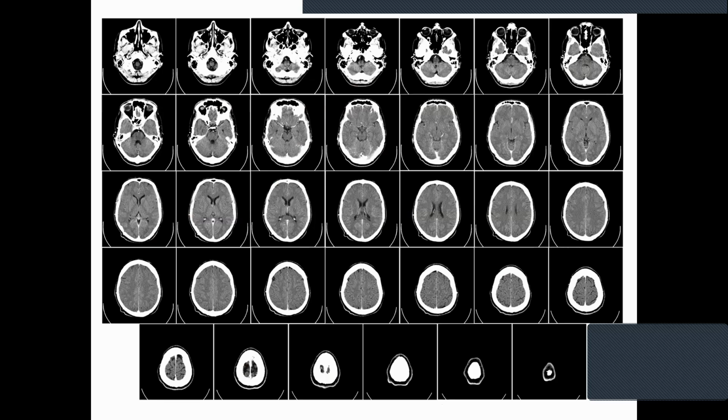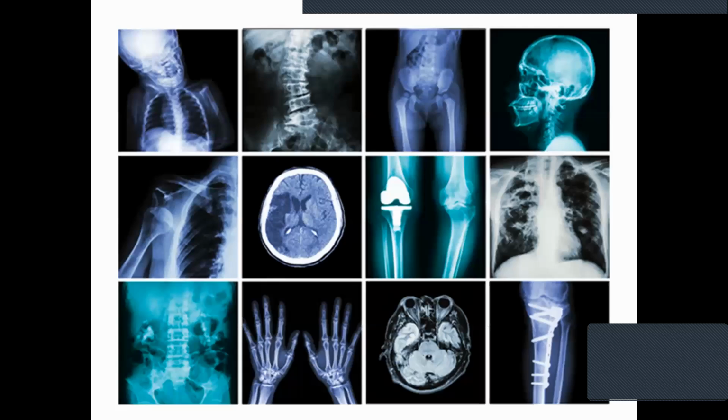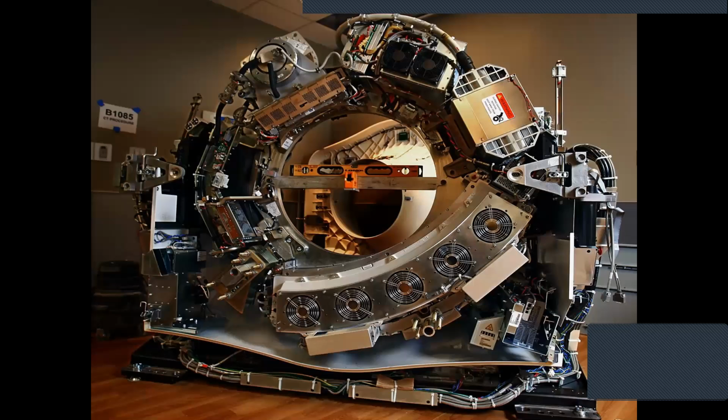So these are the various CT scan brain images for various layers. This is also another set of CT scan images for various parts: lungs, spinal cord, forearms, muscles, joints, leg joints, neck, brain, eyes. Various CT scan images. So this is a pictorial of a CT scan machine before equipment assembling.